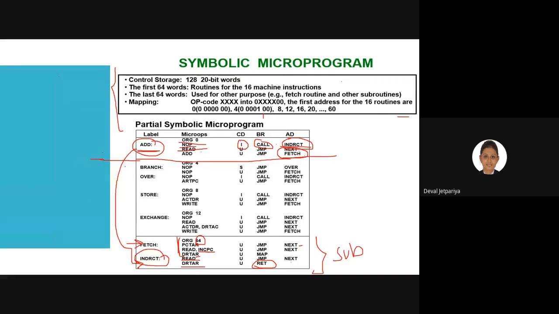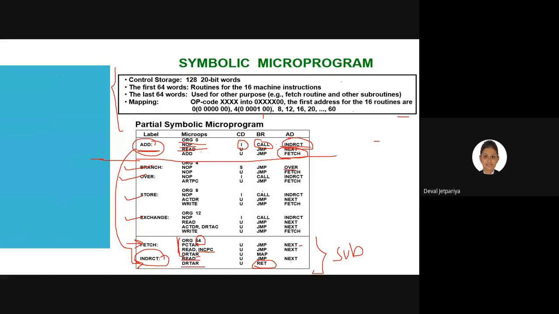Likewise, they have given some set of lines to specify branch, over, store as well as exchange. Okay. So in every case they have given some set of micro operations, some set of condition bits, some set of binary bits as well as some set of address registers which you require.